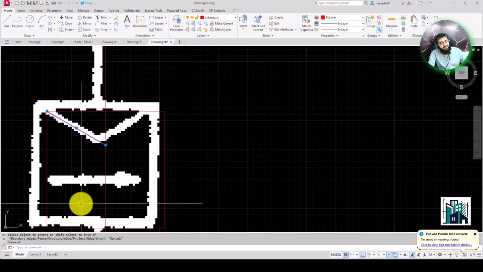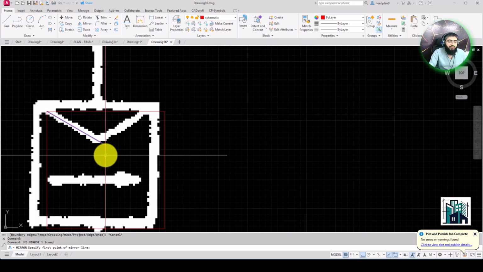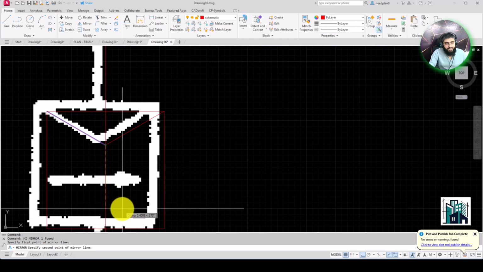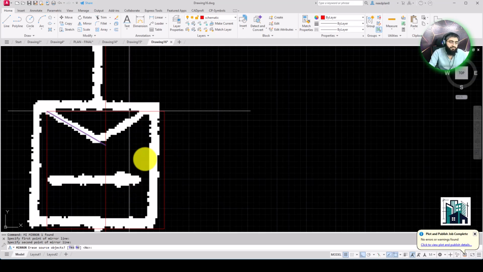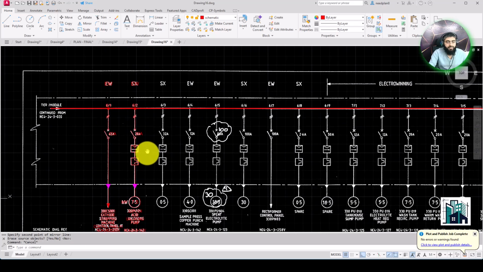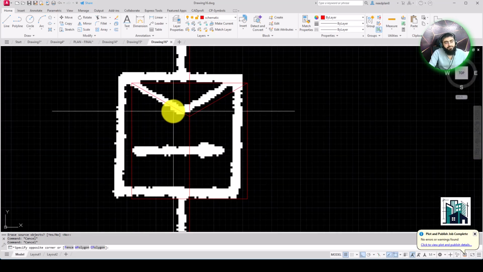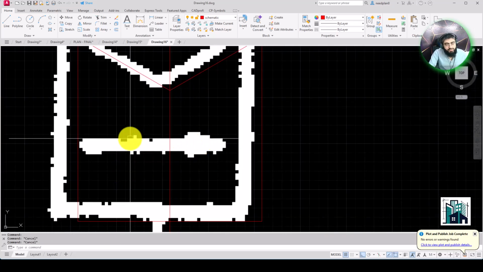Okay, and then select and mirror it, MI, enter, and then mirror this object from this option. You can mirror and then click here, and that will be mirrored. Okay, and then enter. You can see this.